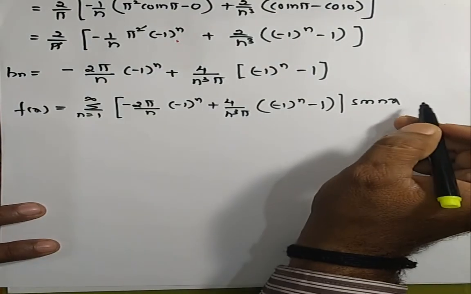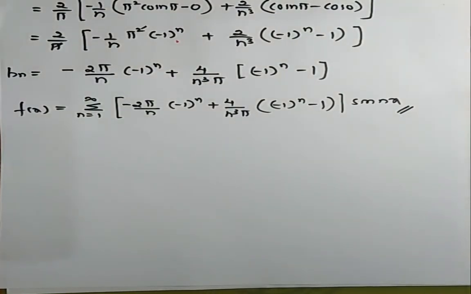Okay, so I hope you have understood this type of example when it is given in the interval 0 to 2 pi. Remember very clearly that first of all you have to see the given example's interval. If it is given minus pi to plus pi, you put x is equal to minus x. If it is plus f of x, then the function becomes even, bn becomes 0. If it is minus f of x, the function becomes odd, a naught and an become 0. Now, I have solved 3 examples of the interval 0 to 2 pi. If the example has 0 to 2 pi, put x is equal to 2 pi minus x.